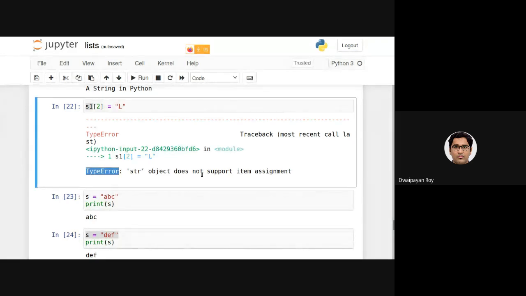So this is a big difference between strings and lists. I actually wanted to highlight this because from the beginning of the discussion on lists, I compared every single operation that we are doing in list with the corresponding operation in string. So this is a difference between the way strings and lists are handled or manipulated. The bottom line, just to recap, is that strings cannot be manipulated, but lists can of course be manipulated.